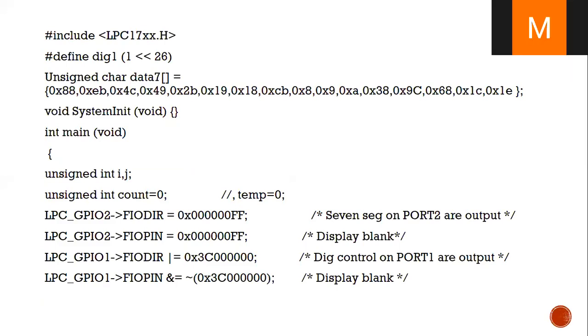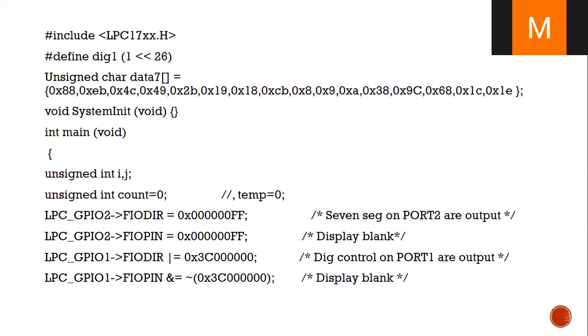Here I am going to initialize two integers, that is i and j. These are of type unsigned integers. These are the variables I am going to use in my program. And another integer as count, it is also an unsigned integer, and its value is 0. I am going to declare three integers here: one is i, another is j, another is count, whereas I am going to declare the count value as 0. These are unsigned character integers.